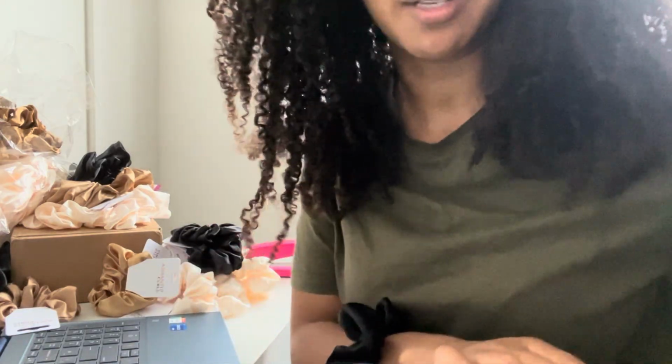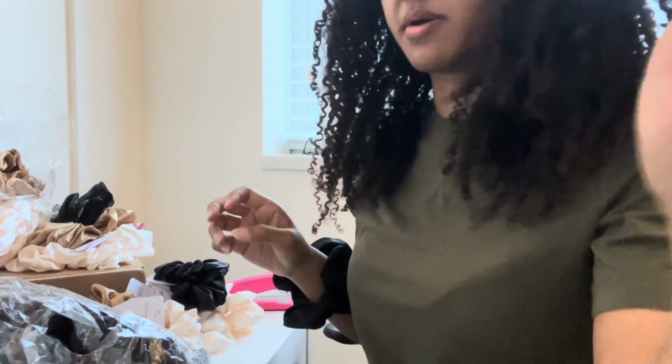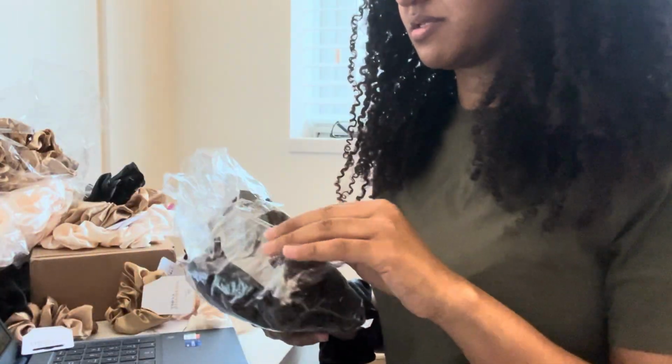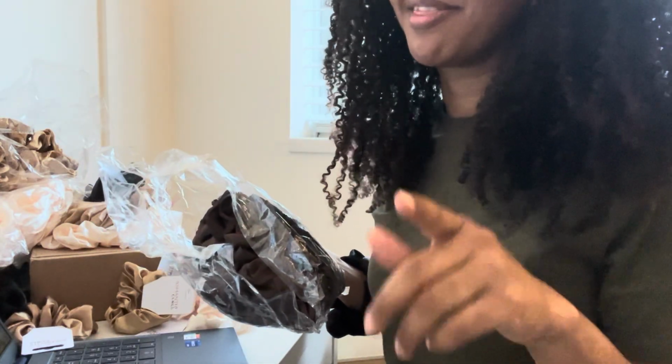Let me go and double check that there's not somewhere else that I've missed. 1 second. Lo and behold, look. This is why we have to check, because on the system it says I have way more, and look, I do. So let me go and count these up and see what I've got. Okay, so now I've actually found the brown scrunchies. I did find it a bit strange, but now this makes a whole lot more sense. So it looks like the only thing I'm going to need to restock up on is the XLs, and I think I'm going to add